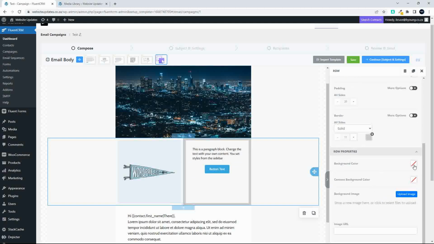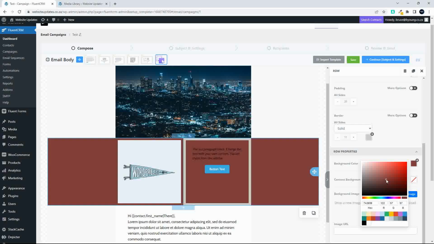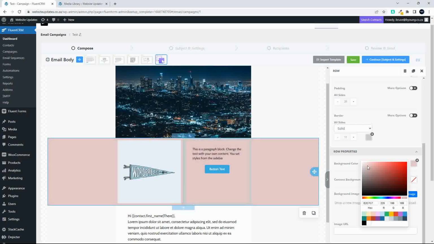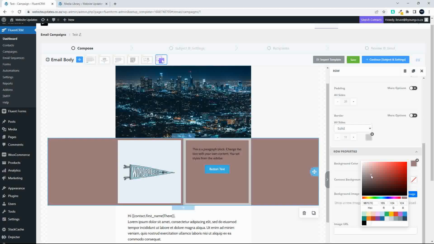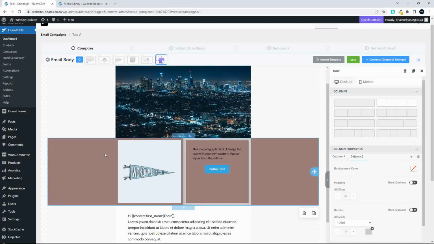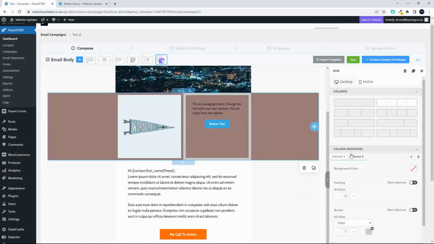Here we have the option for a background color. So you can see we can make that color anything that we want. Right, a little bit strange here that we are editing. So what exactly am I editing here? Because you'll see now that this element stretches outside of the column. So I'm on column 2, and